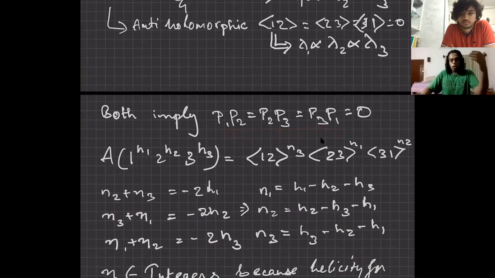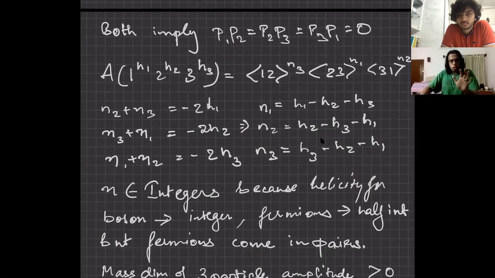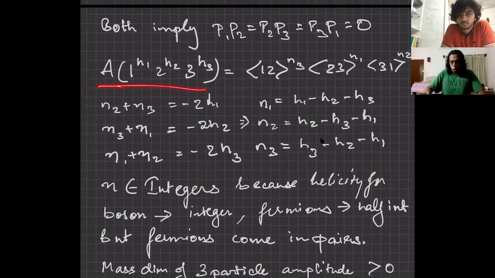So P1 squared is 0, P2 squared is 0, P3 squared is 0. You have these inner products also to be 0. So this is one thing, right? Remember we talked about representing the whole amplitude in terms of products of helicities. So you can write down this